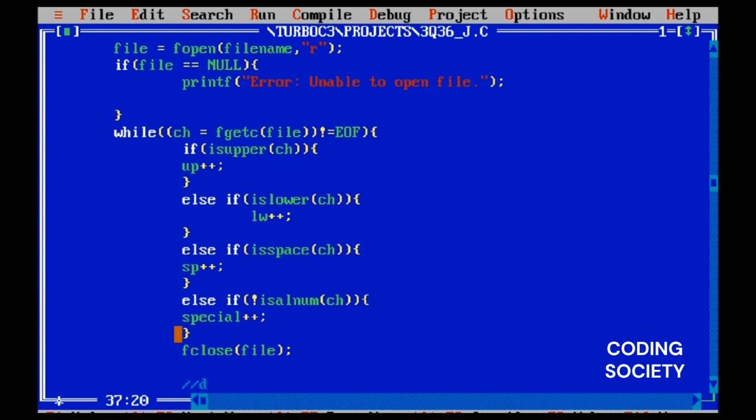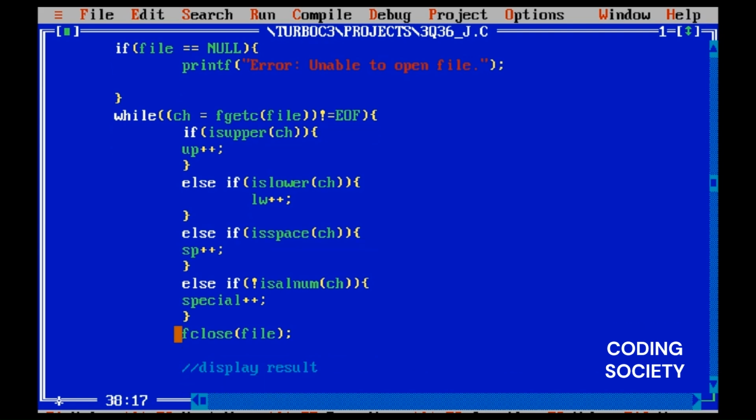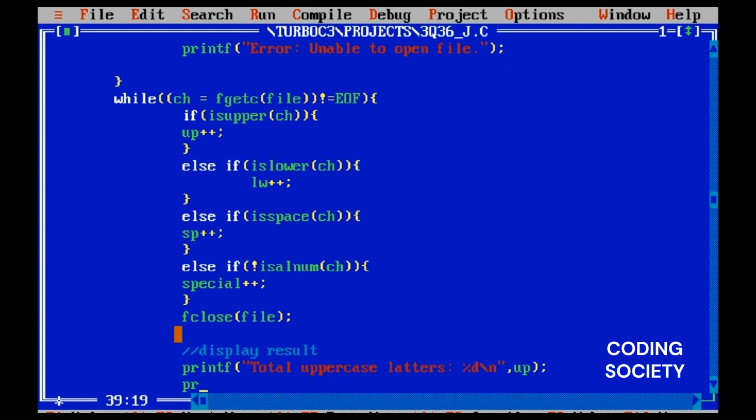Display result in a file. Printf, total uppercase letters %d, up means uppercase. Printf, total lowercase letters %d, slash n, lw